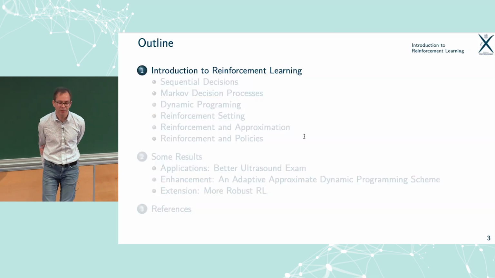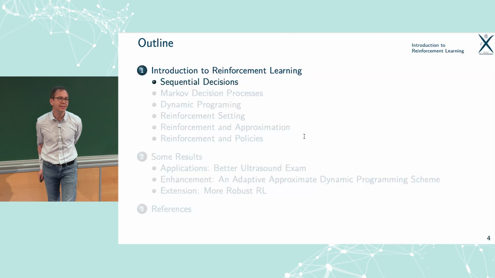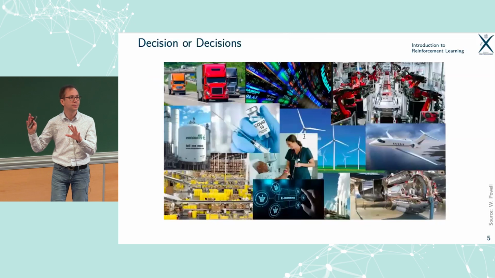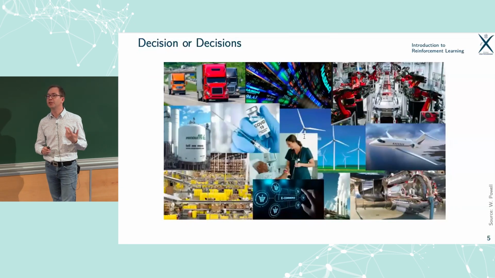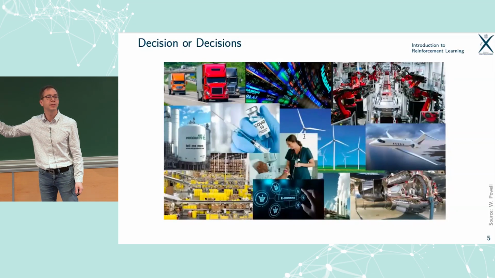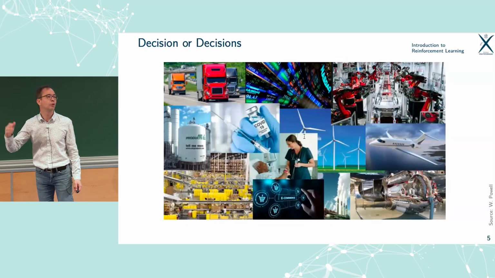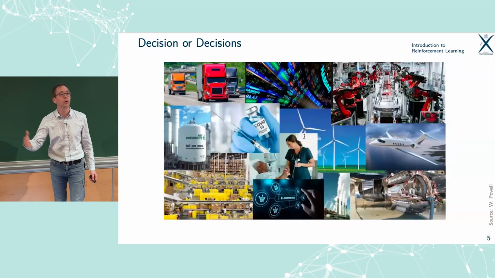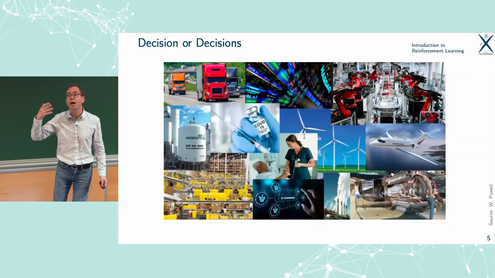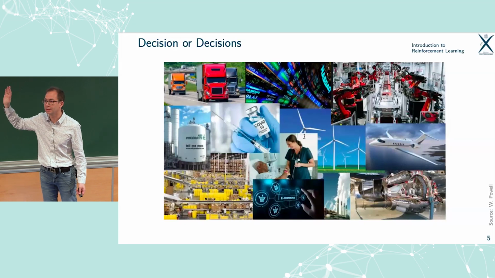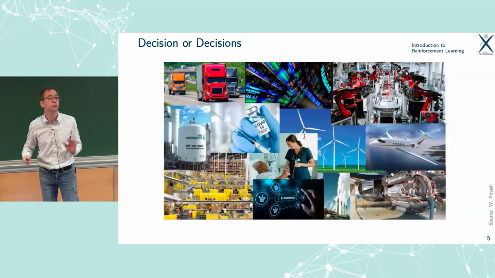So what is this reinforcement learning story? It's related to something that we can call sequential decisions. Often, when we think about machine learning, we think about the art of making a single decision, making a prediction of something. It turns out that in the real world, often when you take a decision, there are consequences. The world is changing, and you cannot rely on the IID assumption that is often there in the classical machine learning setting, the supervised learning one, for instance. And that's exactly what we're going to try to tackle.